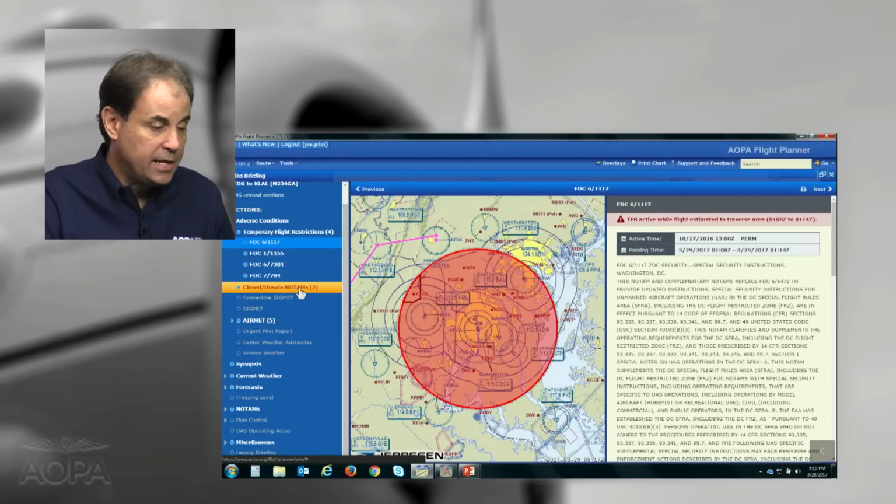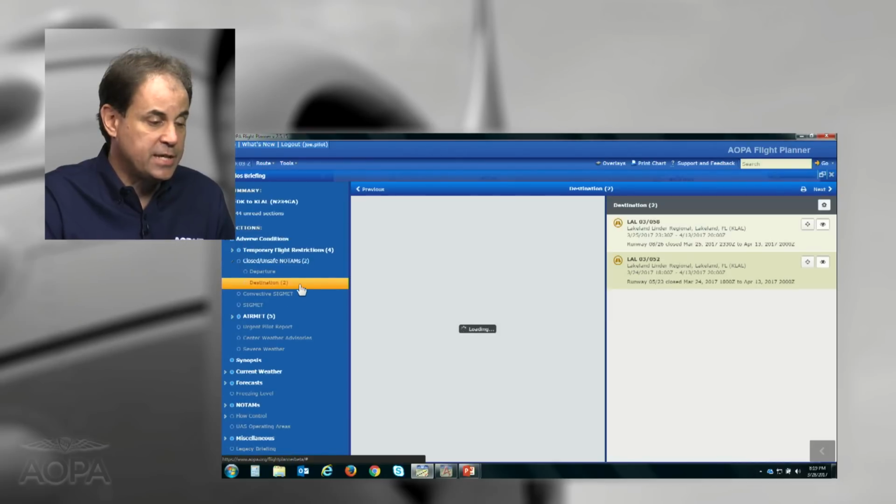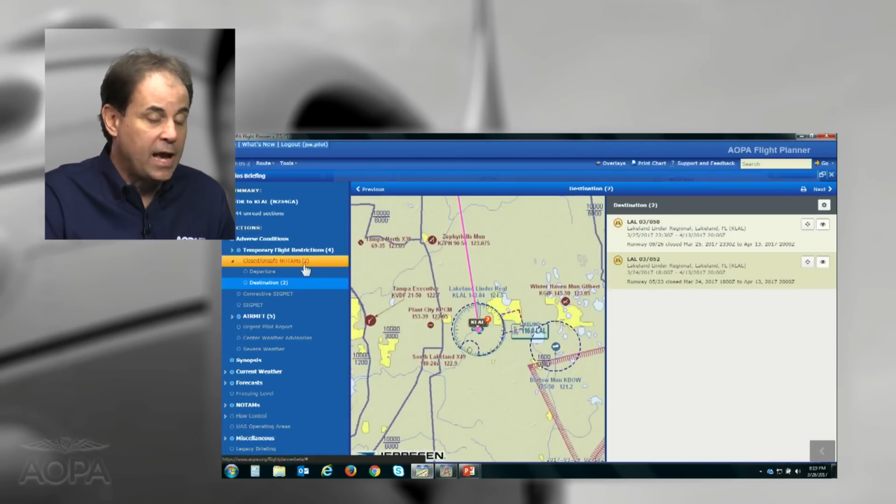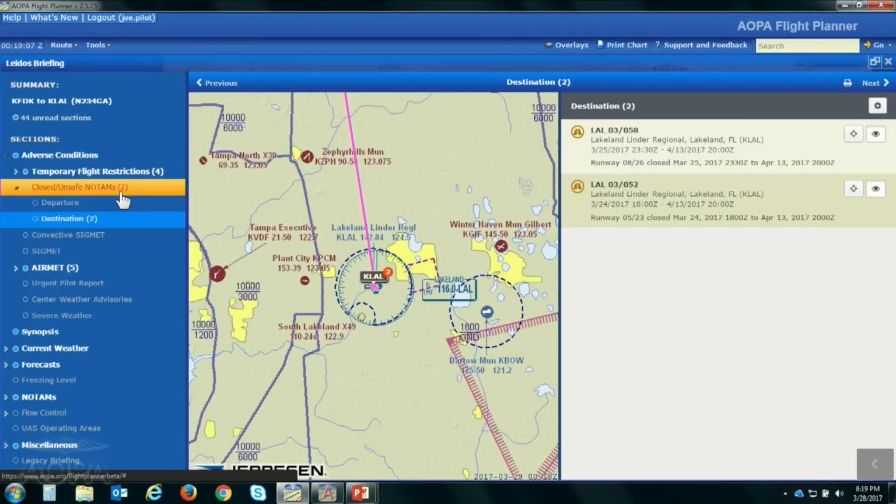Another one, closed and unsafe NOTAMs. This is going to show us anything where we may have airport closures, runway closures, or anything like that. They have their own section. And you can see, ironically, here at our destination, there are 2